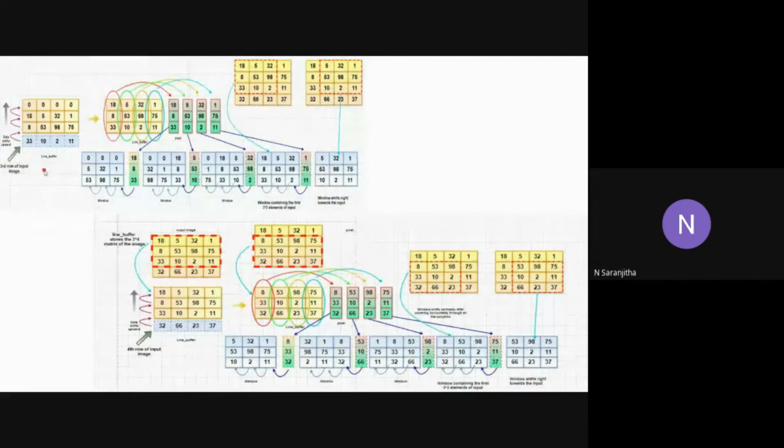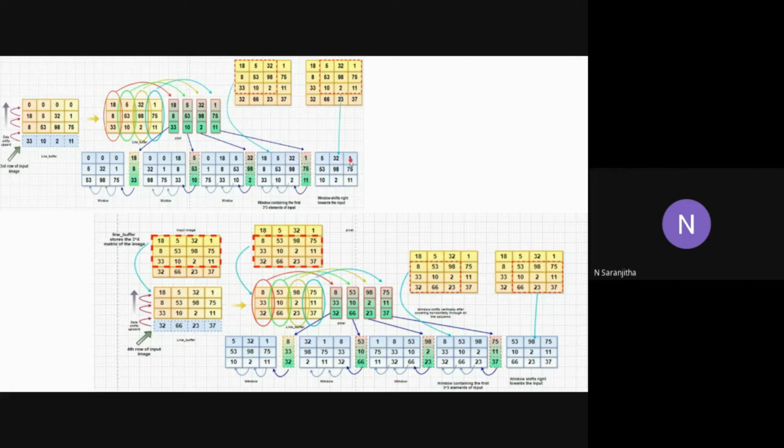In the third operation performed on the line buffer, finally the 3 cross 3 portion of the input image is copied into the line buffer, and then by shifting again vertically upwards, these are stored into the pixel arrays. When the pixel array is copied into the columns of the window, this is the step where the whole of the first 3 cross 3 input image block is copied into the window array.